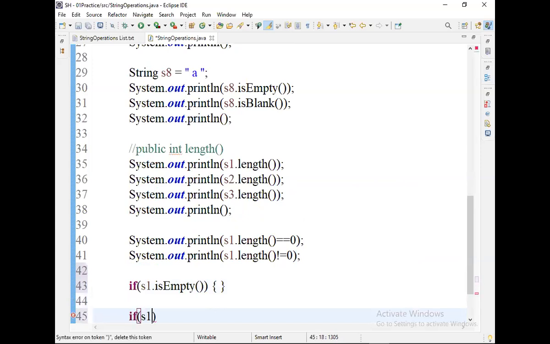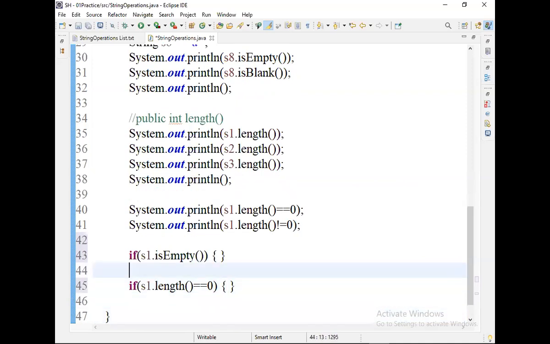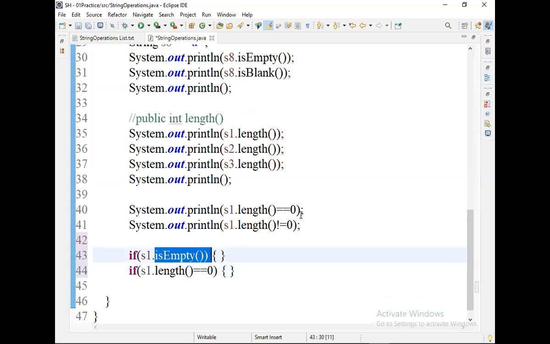If s1.length() == 0 is also easy to understand, but which one is easier? The second one is tough. Just one additional character reading is also not good, right? s1.isEmpty() is good to read. So from Java 6 onwards, we follow this one.